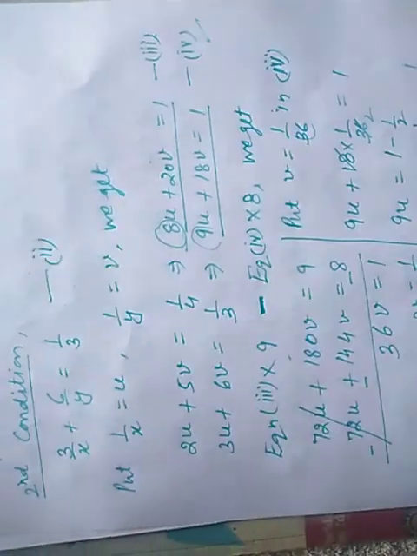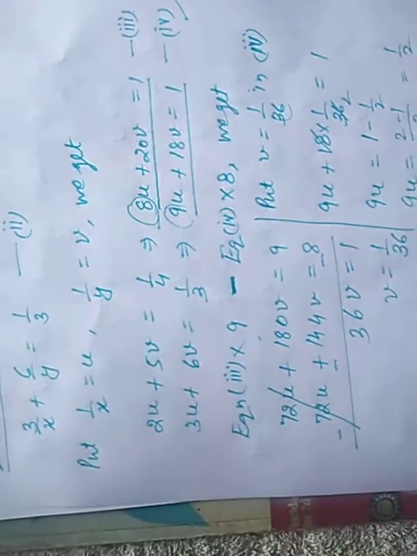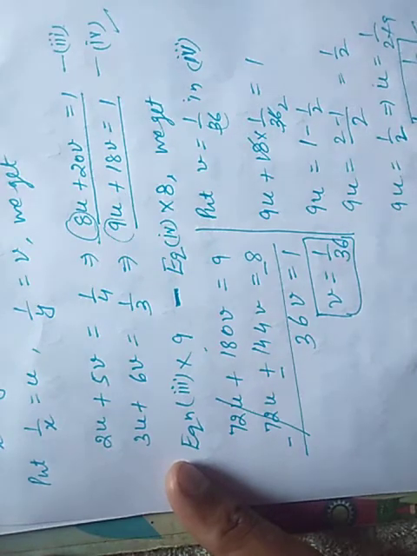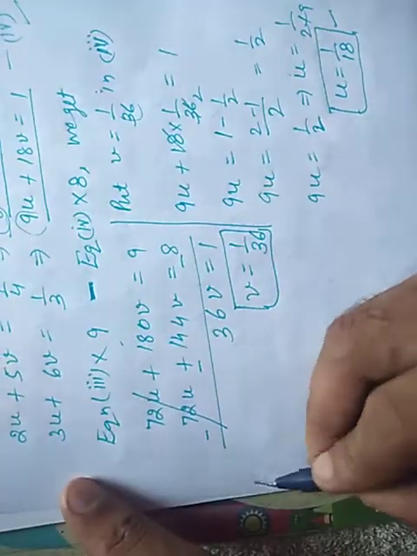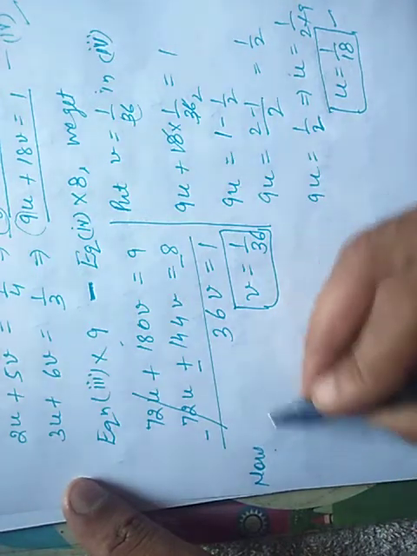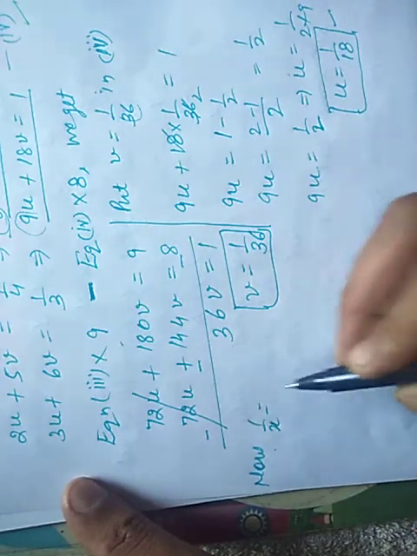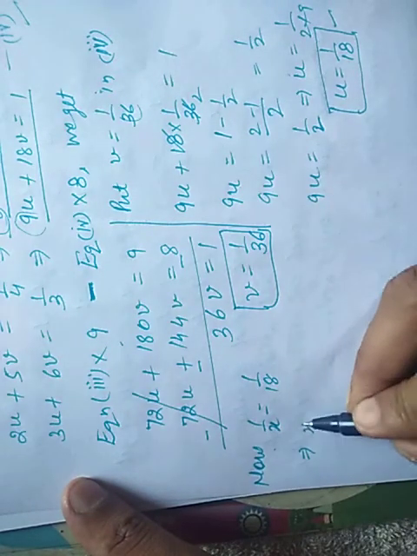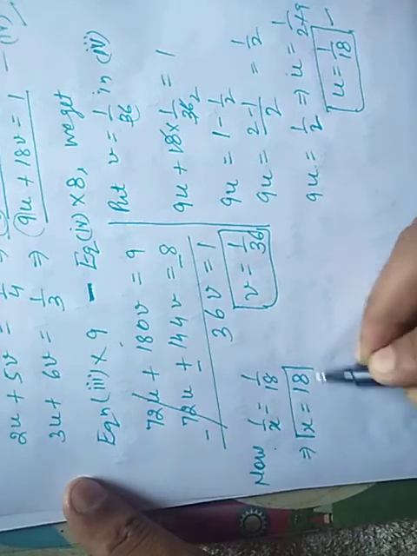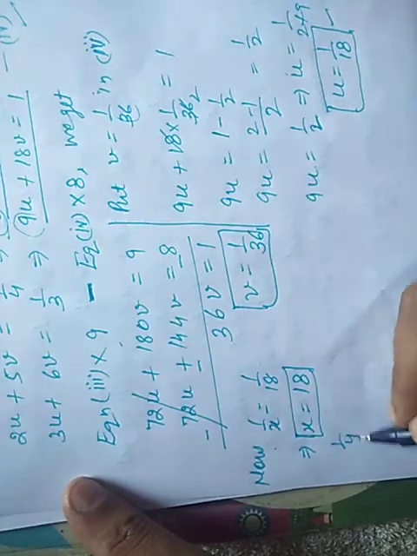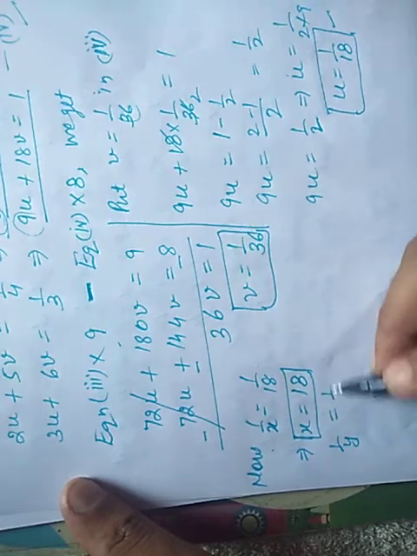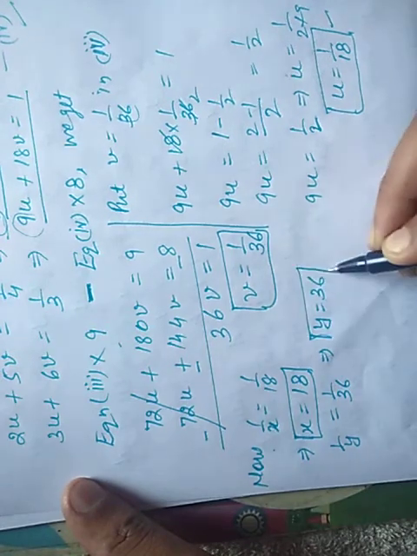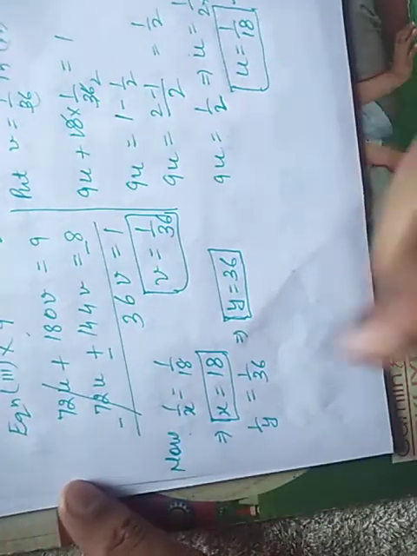Okay, but we have to find the value of x and y, so we will put the value of v and u here. We can put now 1 upon x is equal to u is equal to 1 upon 18, and it implies the value of x is 18. Okay, and 1 upon y is equal to 1 upon 36, so it implies the value of y is equal to 36. Hence our answer will be,